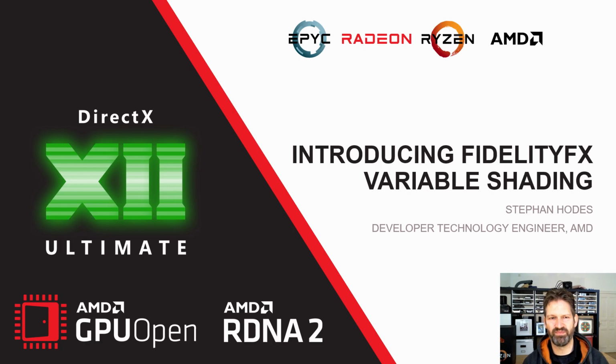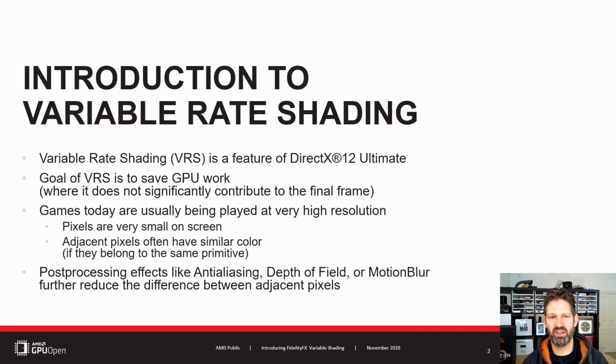this new feature. DirectX 12 Ultimate introduces several new hardware features for developers to play with. Hardware accelerated ray tracing, mesh shaders, sampler feedback, and last but not least, variable rate shading. Our latest GPU architecture, RDNA 2, which is featured in our new Radeon RX 6000 series of graphics cards, supports all of those features. And while the first three features allow the development of new approaches to how your rendering pipeline works, VRS is a pure performance feature.